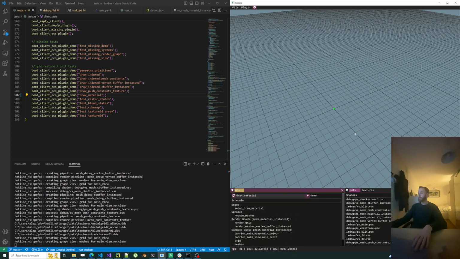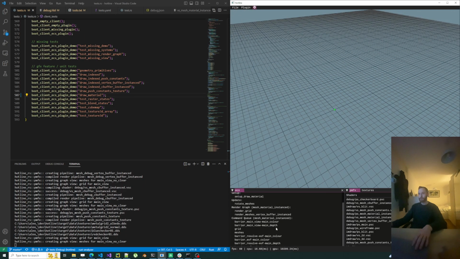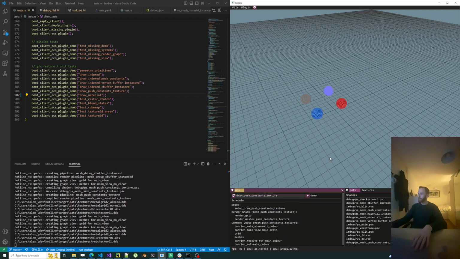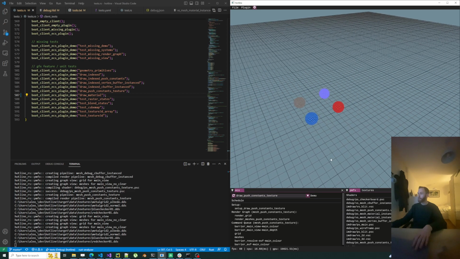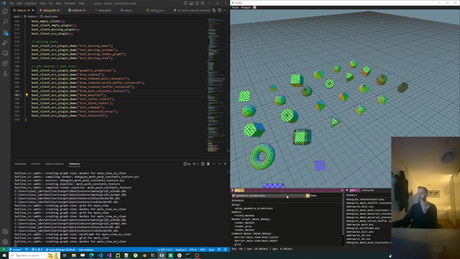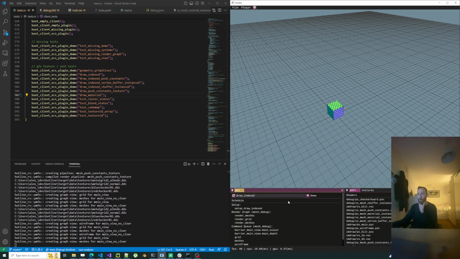Draw material. Oh, it's struggling. Not sure where that little spike comes from, but same again. There's something wrong. Maybe it is a bit of a debug output. It seems to be coming from and to the sample. Or it could be the performance in general, just because